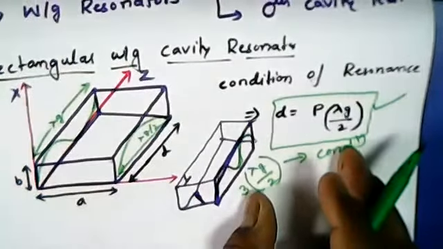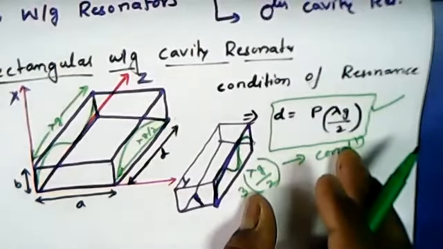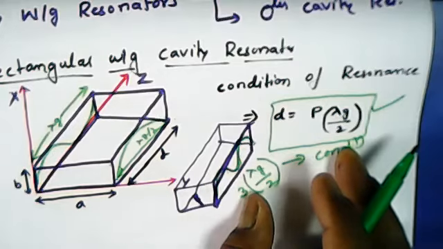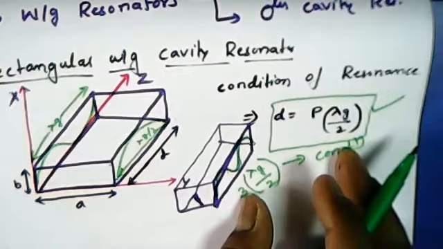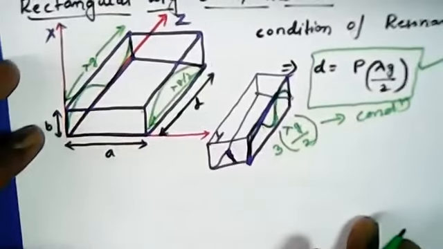Okay. And we have the resonating frequency. Before going to the wave equation, we have some small wave equations. Before going to the mode of propagation, I want to make clear what the resonant frequency is. A small condition is given for resonant frequency, which is given by a simple expression based upon the modes of propagation. Here the resonant frequency is taken for the modes. As we have seen, there are TE and TM modes.